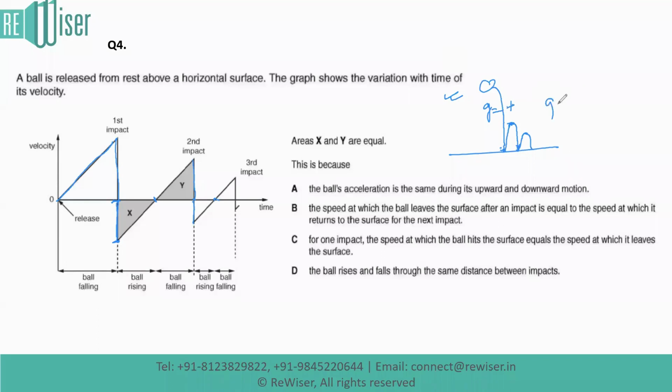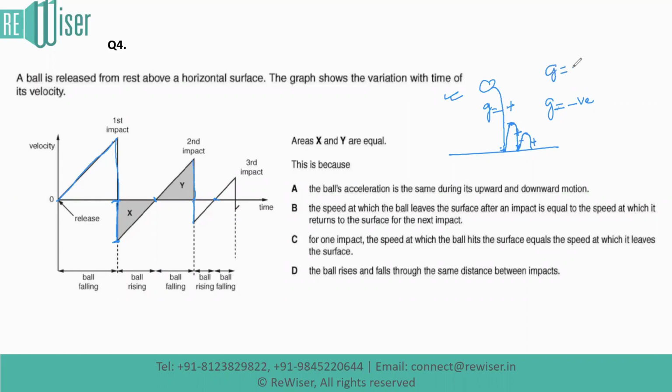the g becomes negative. Why? Because it is opposite to the positive g. That means it is going upwards. That's why it becomes minus. And again, while falling, it becomes plus here. And again, while going up, it becomes minus. Again, going down, it becomes plus. So we know